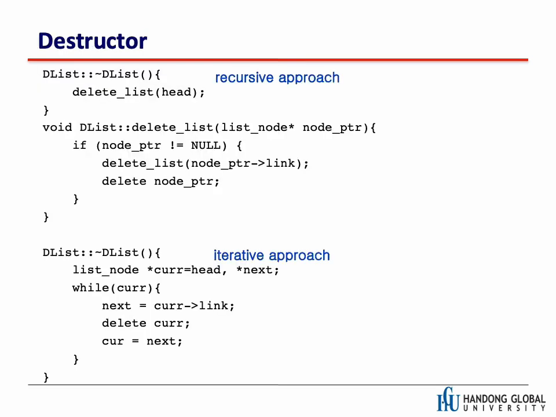Okay, destructor is a little complicated. The destructor is supposed to deallocate all the memory space. The name of this destructor is tilde_dlist. Basically, if the class name is dlist, the destructor name is tilde_dlist. I implemented this destructor in this way: we just call the delete list function passing head. And then in the delete list function, actually,